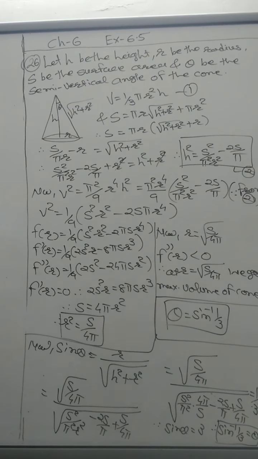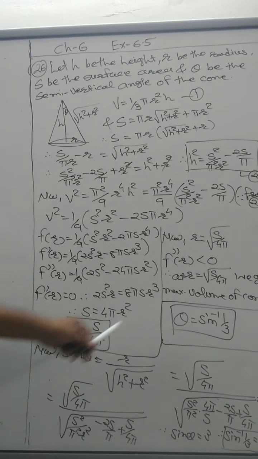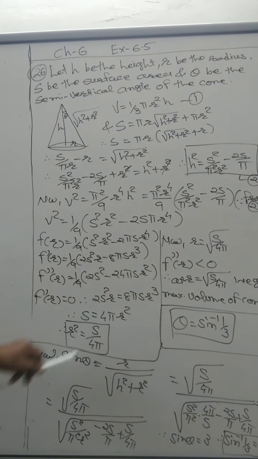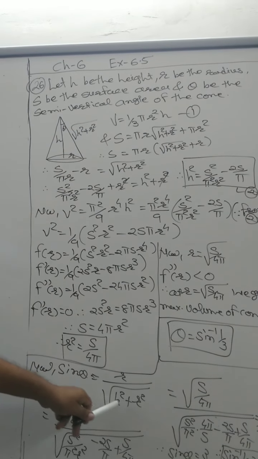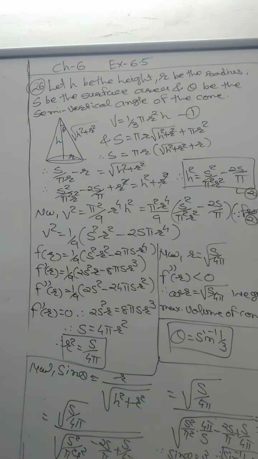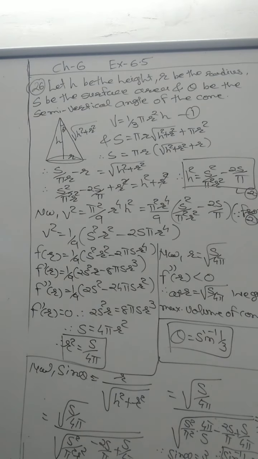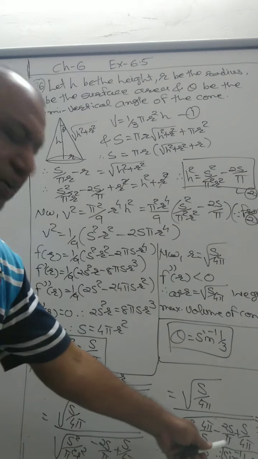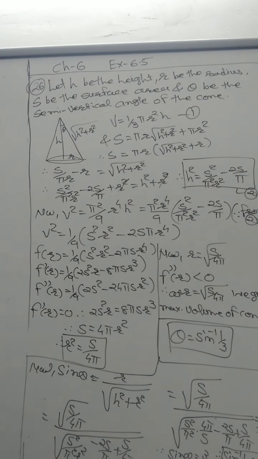So now if the volume is maximum, then we want to find this sin theta. So this is our answer, but here we take sin theta is equal to opposite upon hypotenuse, and then simplify. Here we put the value of r, x square and r square. Again here r square is there, so we put the value, simplify, and we get 1 by 3 root s upon 4 pi and root s upon 4 pi. So it is sin inverse 1 by 3, which is theta, right? So this way semi-vertical angle is sin inverse theta. Okay.